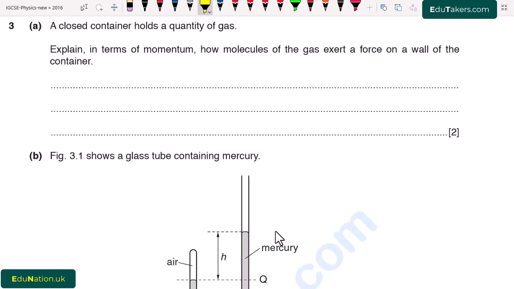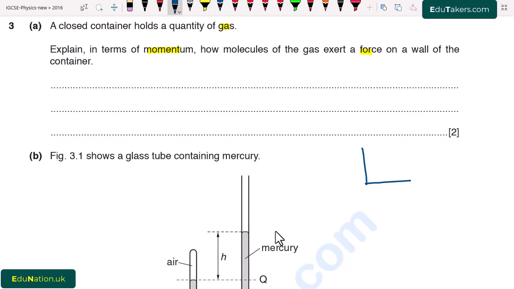Question number 3, part A. A closed container holds a quantity of gas. Explain in terms of momentum how molecules of the gas exert a force on the walls of the container. So here we have to describe in terms of momentum why the gas molecules exert a force on the walls of the container. So first of all, I suppose here is a container